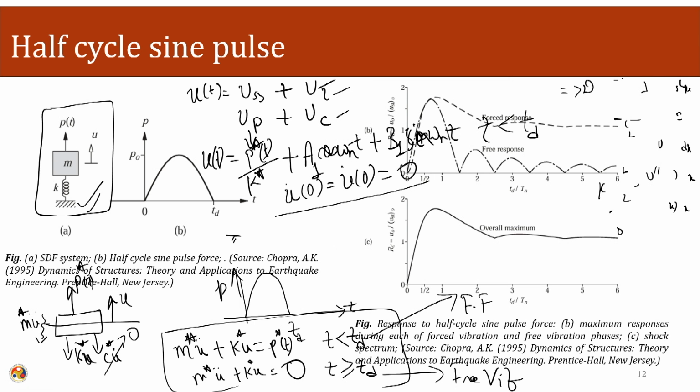After that, once the forcing function ends, and the effect of the forcing function is gone, we again write down the solution for the free vibration part. Here, since the force has been removed, the particular part becomes 0 and only the complementary part remains.